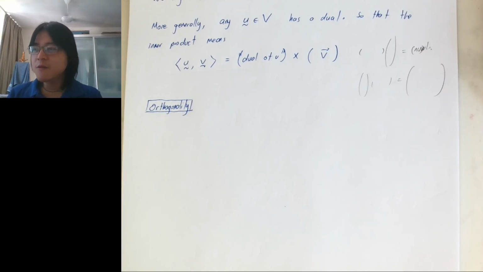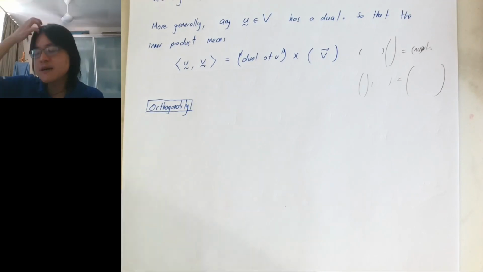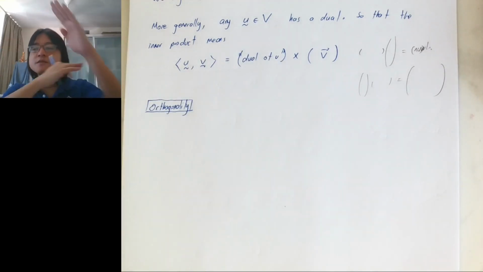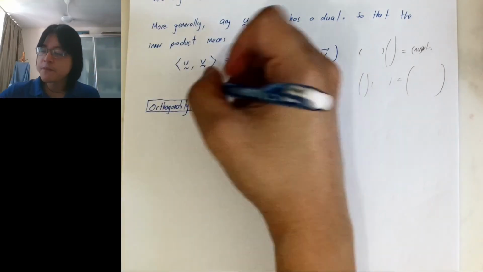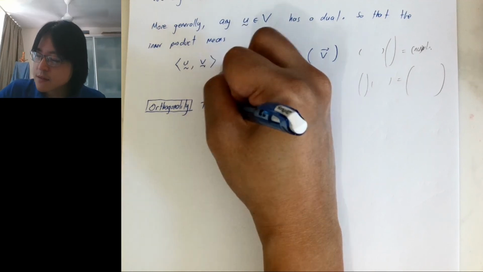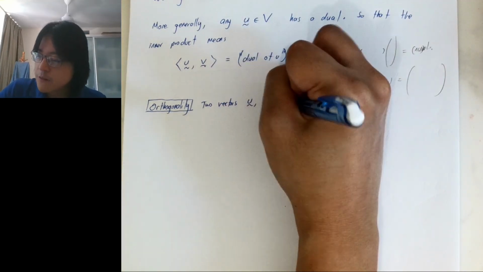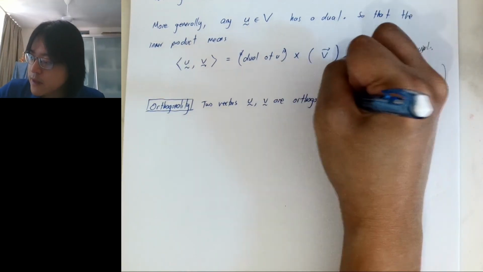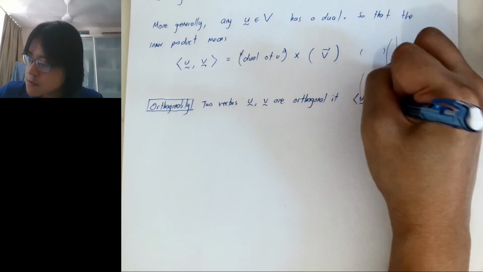and then you might ask, why use the fancy term orthogonal? It's just perpendicular. Well, it's a special case, because orthogonal applies to things beyond directions, but in the special case of directions it is perpendicular. So two vectors, let's say u and v, are orthogonal if the inner product is 0.